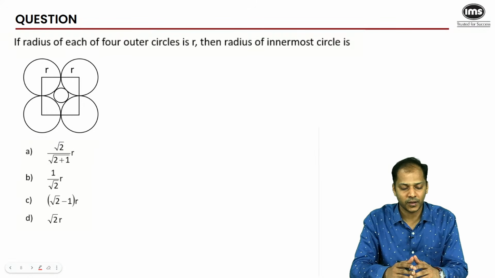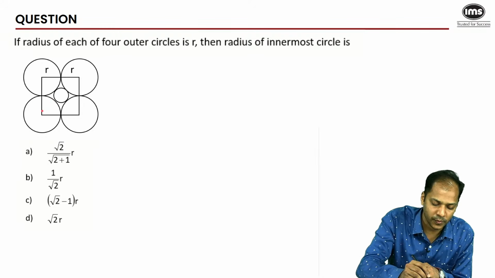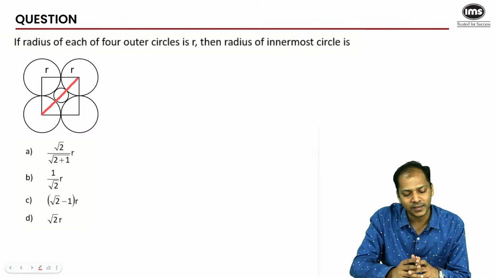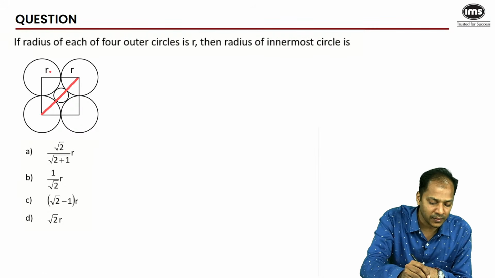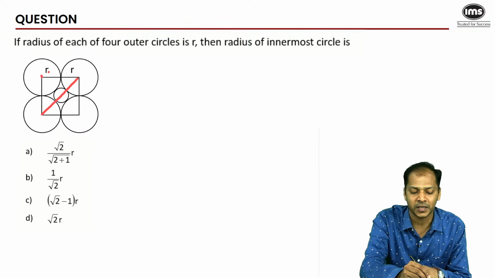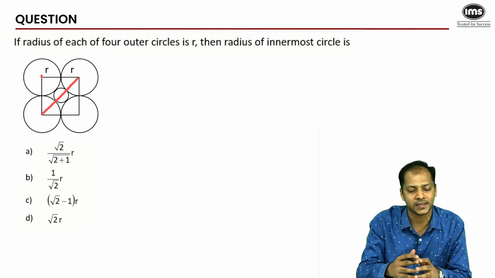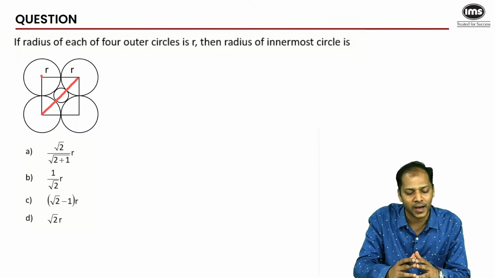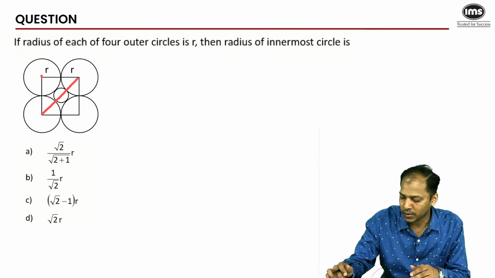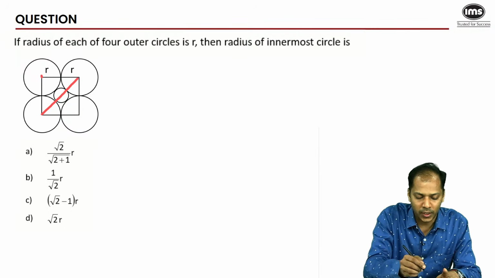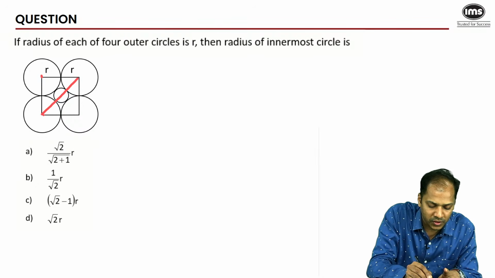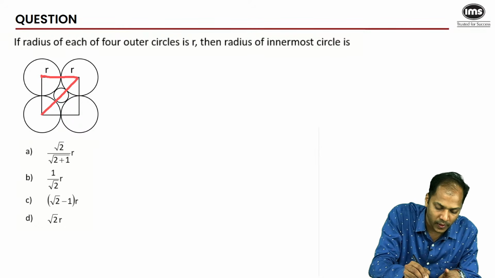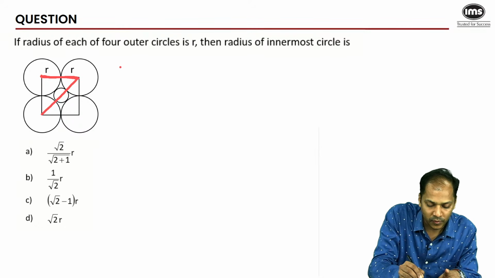All right, let's solve it now. The key to solving this question is joining the diagonal, because when I looked at this diagram, if the radius of the inner circle is r and the bigger circle, the outer circle, is r, I would easily be able to write the side of the square in terms of r, right? Are you able to tell me the length of the side of the square? So clearly, if this is r and this is r, the side of the square is